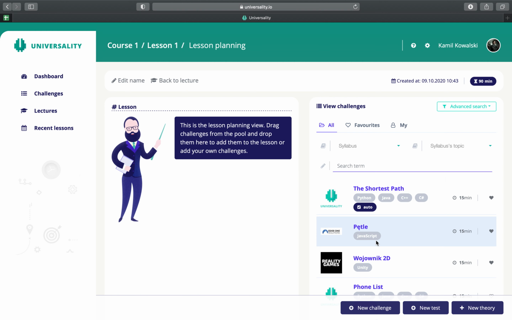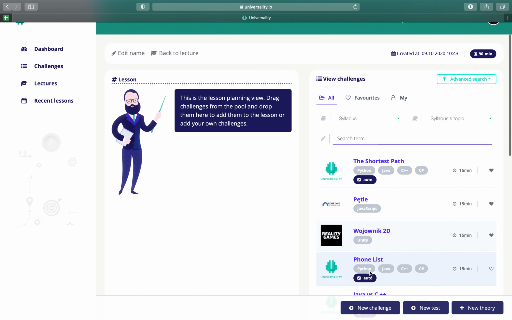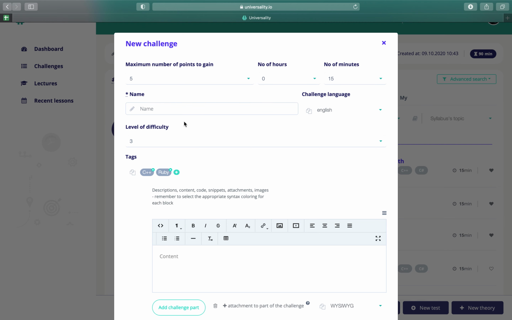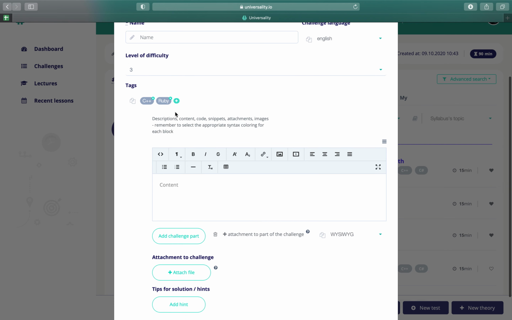Okay, you can also put your tasks, your challenges into the platform, and to do this you have to press the button new challenge or new tasks. The button new challenge is right here in the right corner of the page. By pressing the button New Challenge, you have to fill the gaps, name the tasks, fill the content,